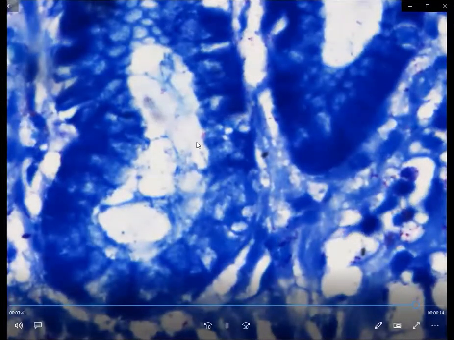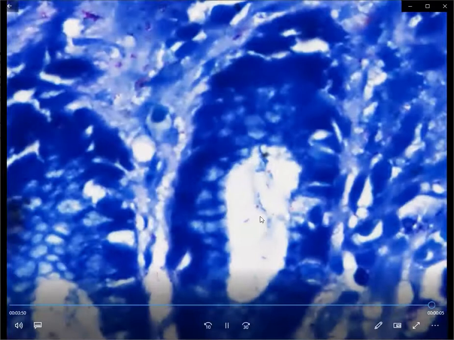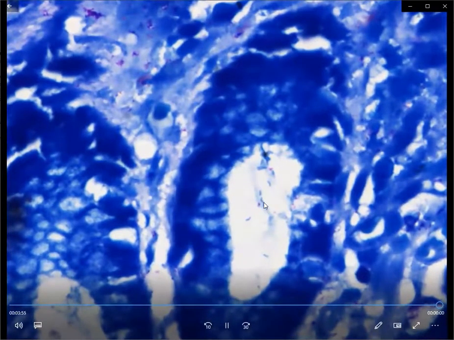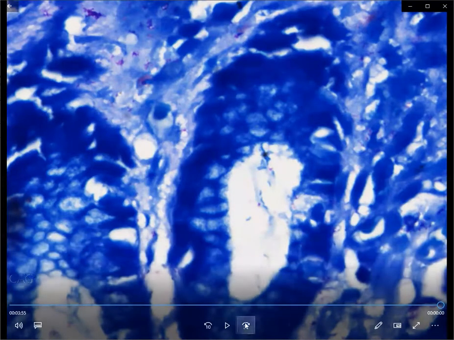The other important thing is that these bacilli are rod-shaped, as I have mentioned, whereas there is another variant called Helicobacter heilmannii, which is more corkscrew-shaped. If you see many encircling bacilli showing a corkscrew appearance, then you think of H. heilmannii. It is less pathogenic as compared to H. pylori. But if you are seeing cryptitis on your gastric biopsy, if you are seeing polymorphs, you should go and hunt for an H. pylori.